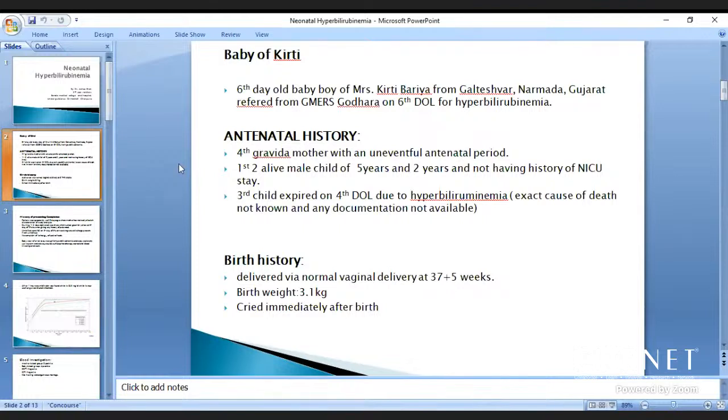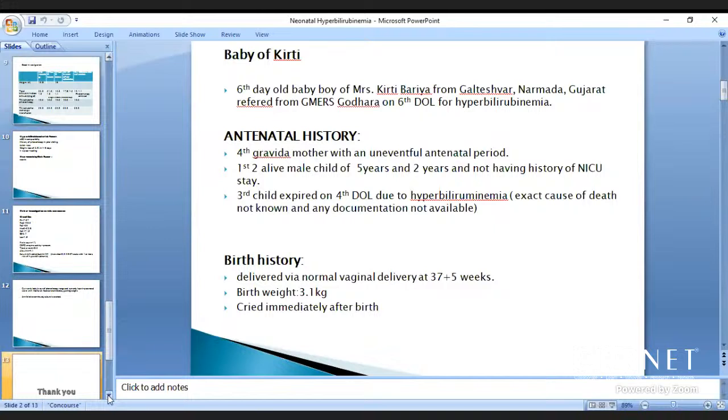Sir, can you categorize the significant risk factors for hyperbilirubinemia and the risk factors for neurotoxicity? What are the risk factors? Sorry, sir. Significant risk factors for hyperbilirubinemia and risk factors for neurotoxicity? Okay, sir. According to the new guidelines, our risk factor for hyperbilirubinemia was